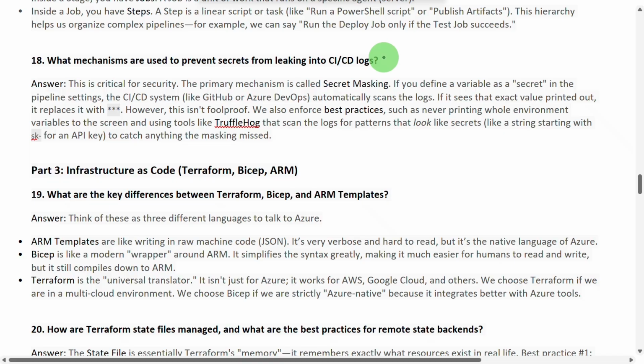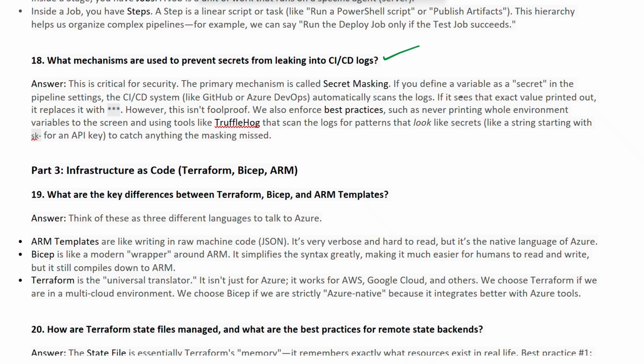And moving further, 18th question, what mechanisms are used to prevent secrets from leaking into the CI/CD logs? Here, this is very critical from a security perspective. The primary mechanism is called secret management.